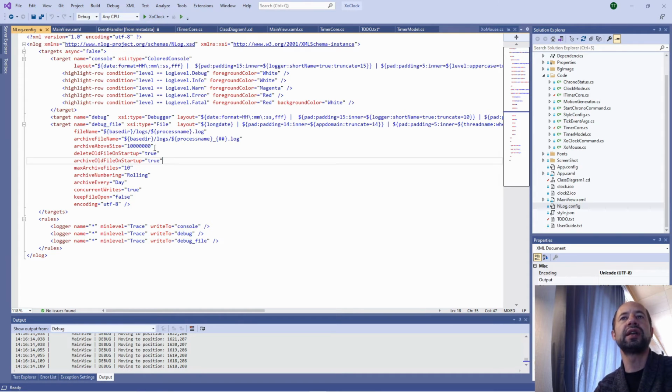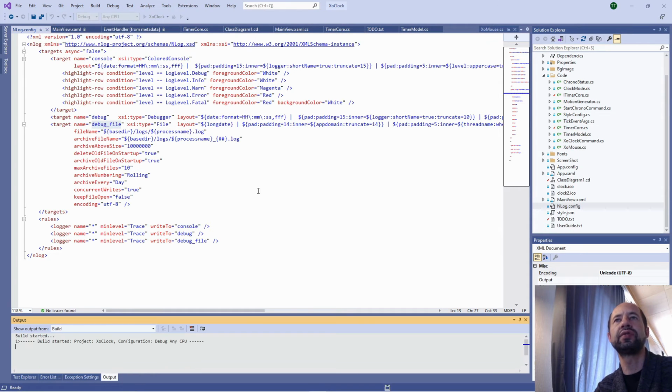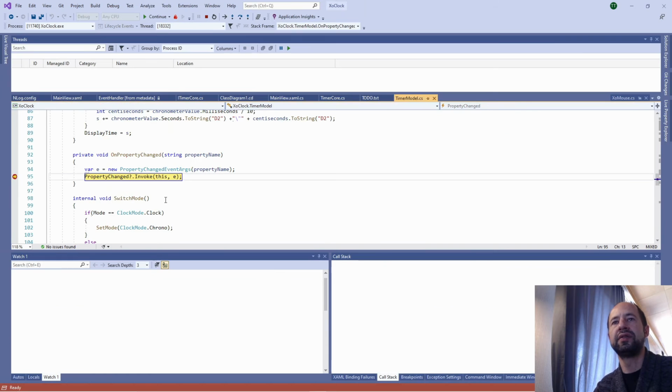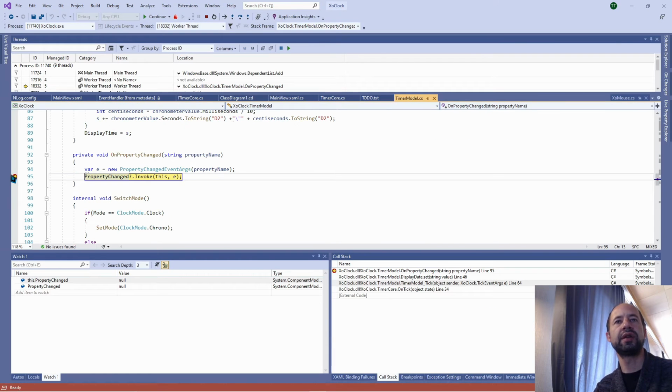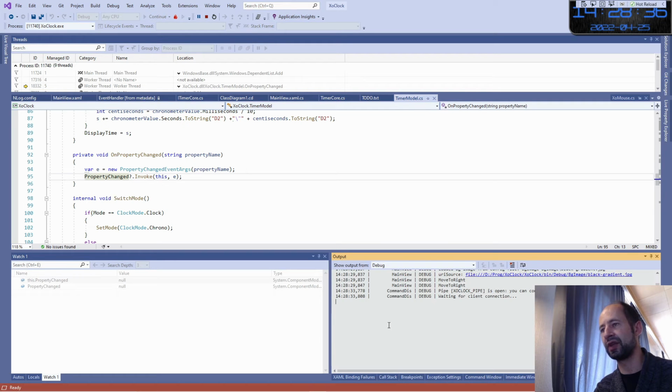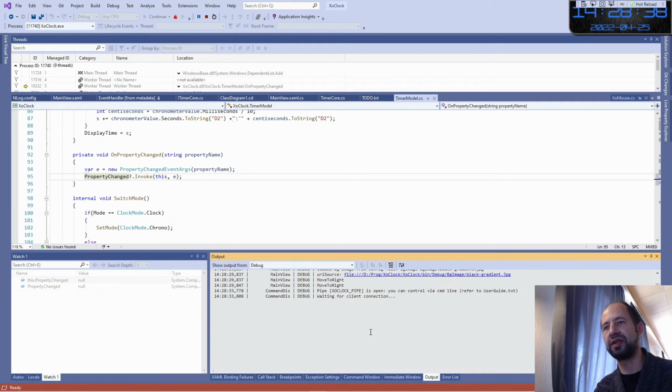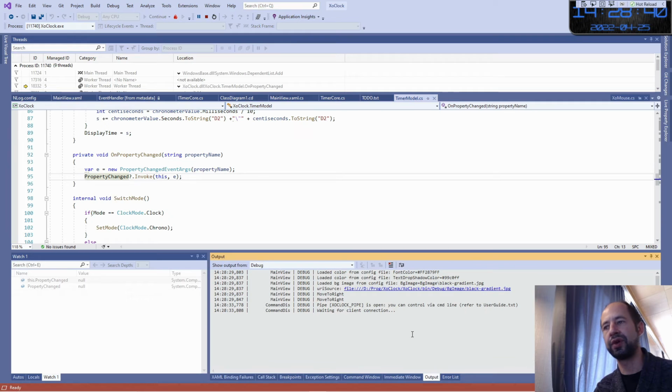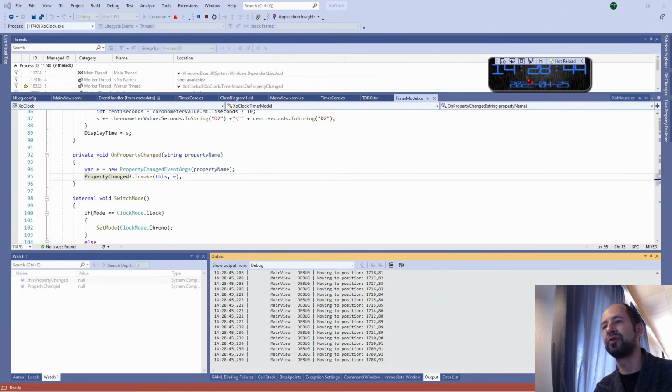So here I have the console, which is in fact not useful. There is a debug on the debug file, and if I execute my program, this way of declaring NLog gives me the possibility to track in real time in the output debug window of Visual Studio exactly what is happening. So if I move here, for example, I am debugging moving to position.